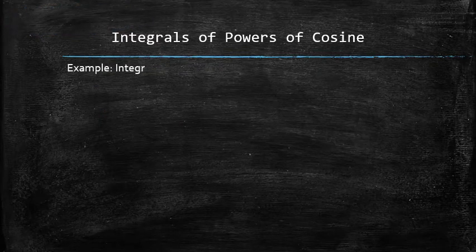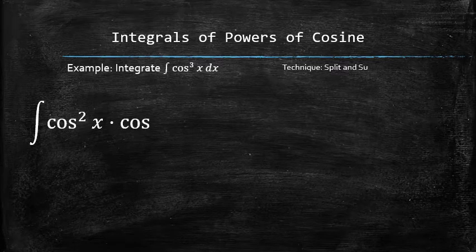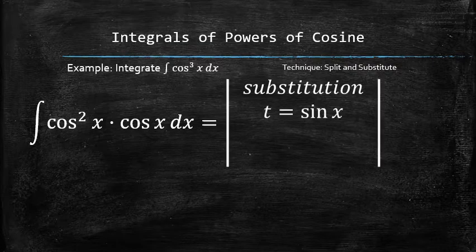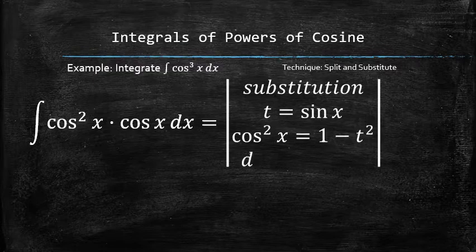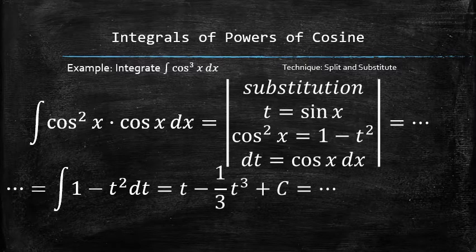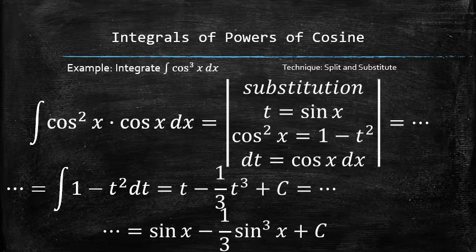Let's increase the power to 3. We rearrange the integrand by chipping away a single cosine function to create a recognizable pattern. Then we set up the substitution by setting a new variable, let's say t, equal to sine of x, and finding the differential of t. Next, we plug everything into the original integral and notice how, because of the discovered pattern, we have nothing but the function of t left in the integrand. We finish the process by finding the antiderivative and plugging the original function sine of x back for t.